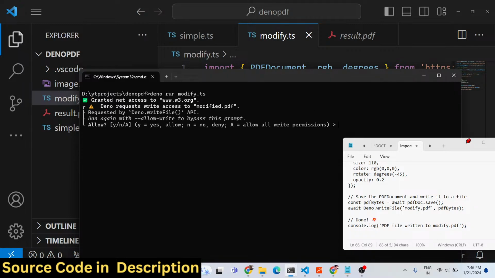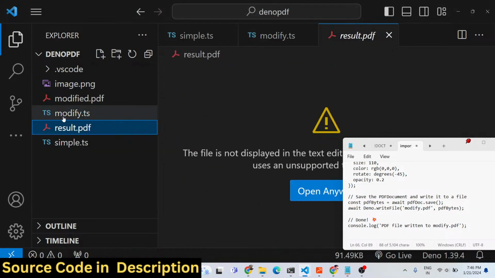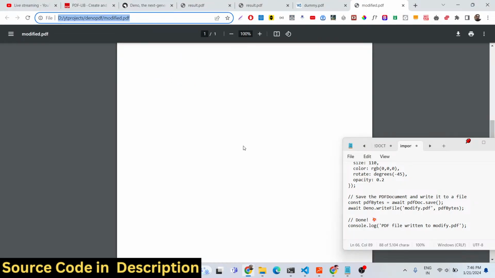You need to grant the permission. So simply press Y and you will see watermark added. If you see, basically we have this modified.pdf. If I try to open that, and you can see the location of the watermark is very low in the